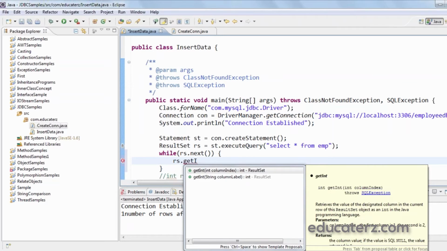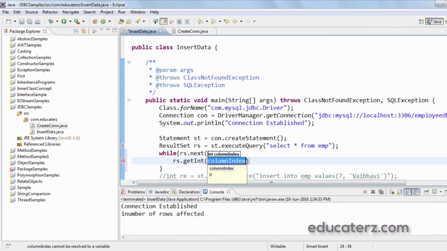This method retrieves the value of the designated column in the current row of the ResultSet object as an int. So getInt of column index is the first column. I need to capture this in an integer variable, say int n equals rs.getInt(1).